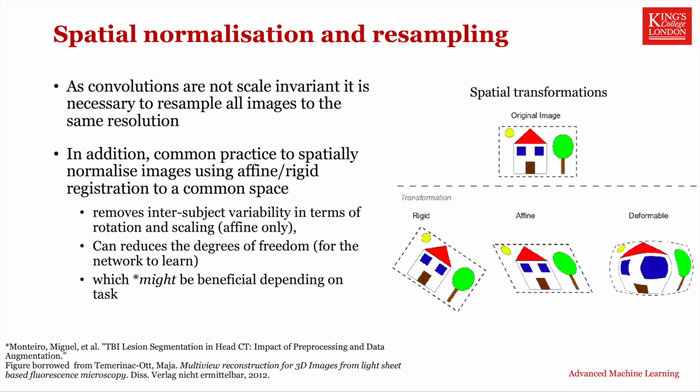So one thing we can do to reduce nuisance variability is perform spatial normalization to a global template space. This is because the convolutional operation is itself not scale invariant, and while networks may learn to be somewhat invariant to scale through pooling or downsampling operations, learning multi-scale features will just require more parameters and therefore increase the chances